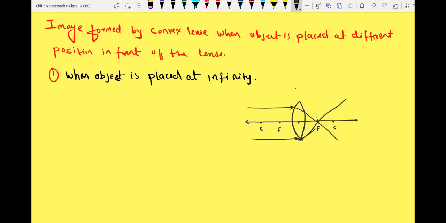Second focus, F2. Suppose this is F1 and this is C1, so this is F2 and this is C2. Yes, it is at the focus on the positive axis. So the condition: when the object is placed at infinity, then